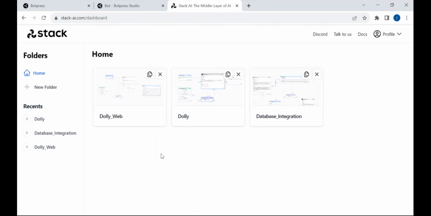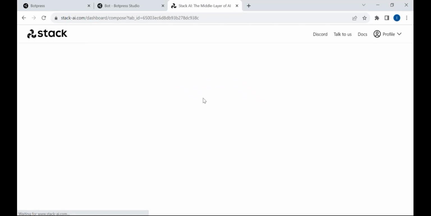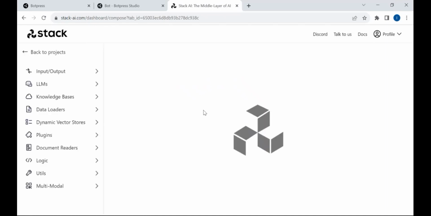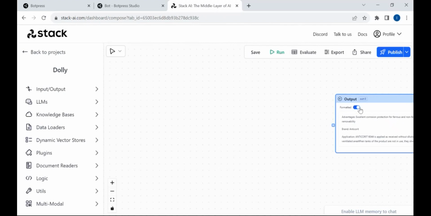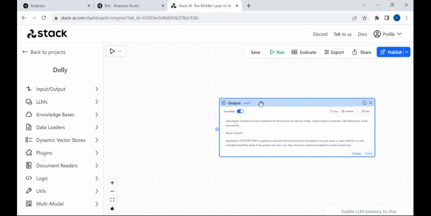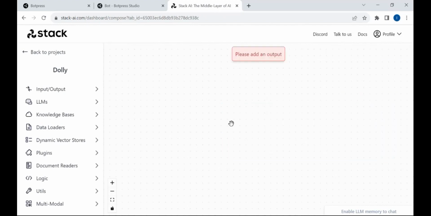Now this is the homepage of Stack AI. Once you log in, you will end up coming here. Here, I'm basically going to show you two approaches or two scenarios. In the first approach, we are going to use an LLM called Databricks Dolly. We are only using a pre-trained model. Let's say if someone has a data set in an Excel or a CSV or a text format, and if they want to employ an open source model, build a flow and get the output, they can use this approach. I'll be showing it from scratch.